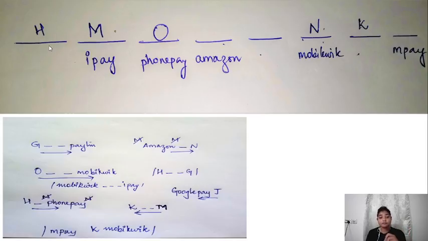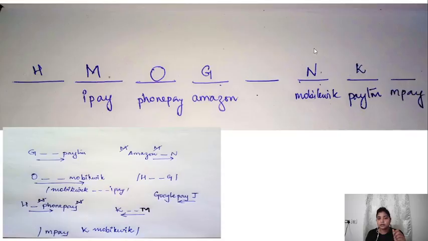Now I again have two possibilities, that is H, 2 people, then G. There is the condition. And I can also write H, two people, G. We cannot write here because N is already there. So I will write G in the Amazon, and after G I will write 1 2 people, then Paytm, right? Okay, we'll write Paytm. Okay, so now I got stuck. Why? Because we don't have any place for Google Pay and for the J.